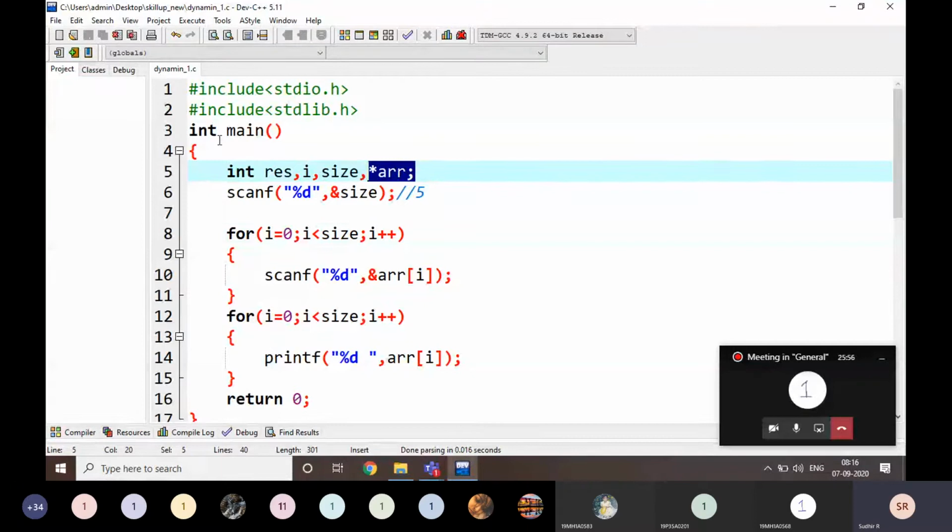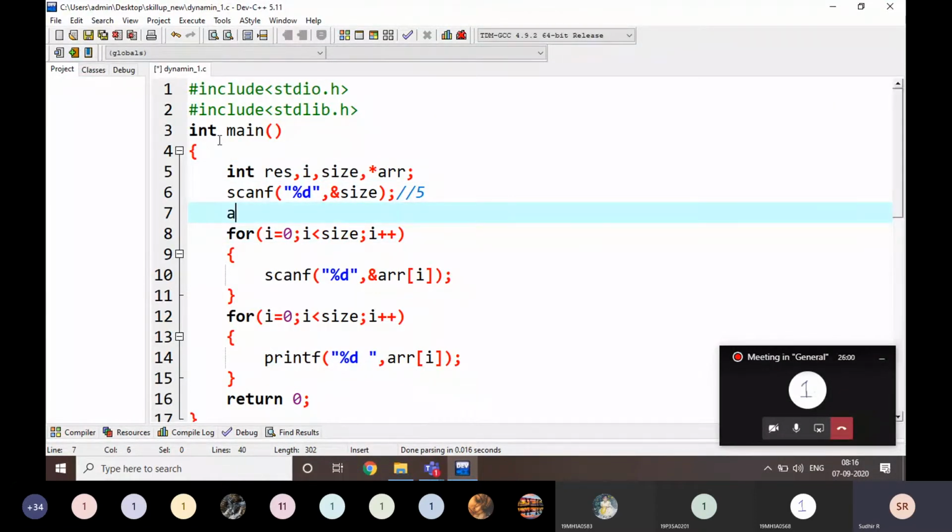We take star ARR. Now we write ARR is equal to malloc of size into sizeof, where size is the variable.